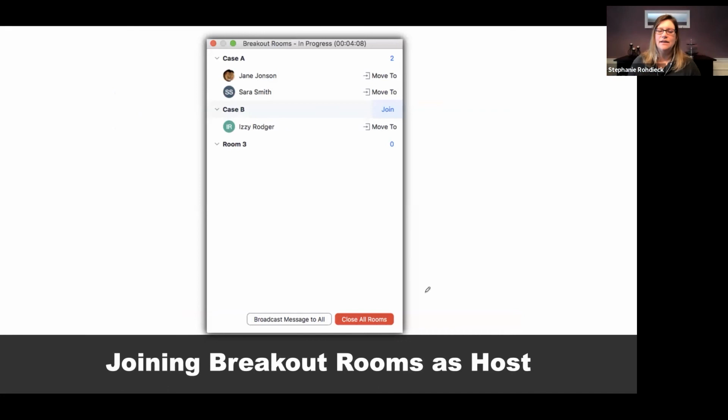You can also join a room. So you can decide to join a room. In your breakout room window, which will say open in the main room until you close it, you can see all your groups and you'll have a little join button. You just have to hover. So if I hover over each of these, this join button pops up. I push join and then I'm thrown into the other room.